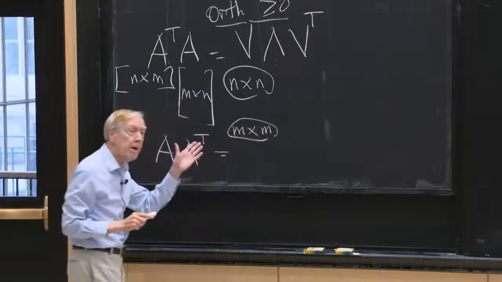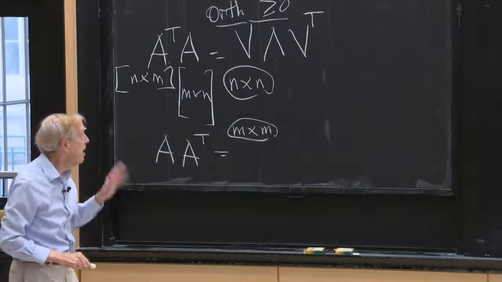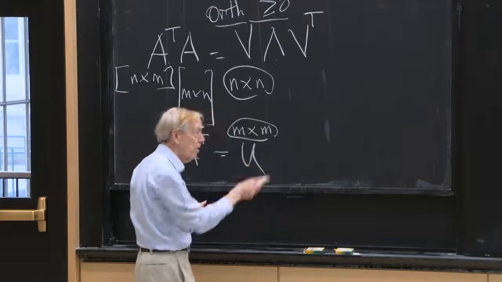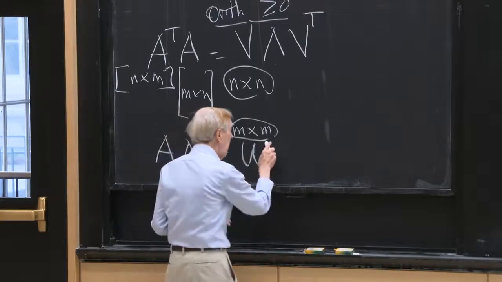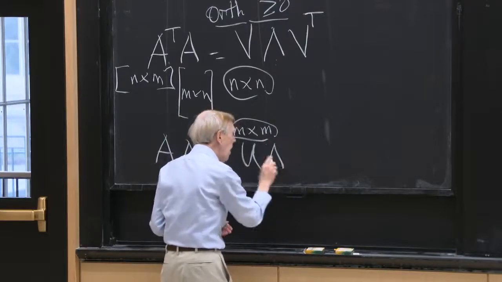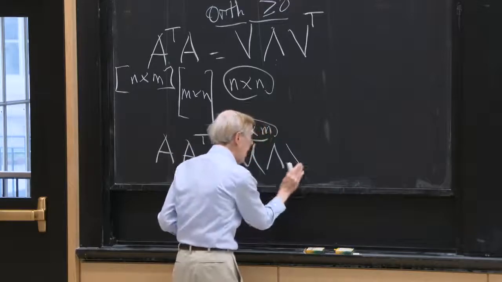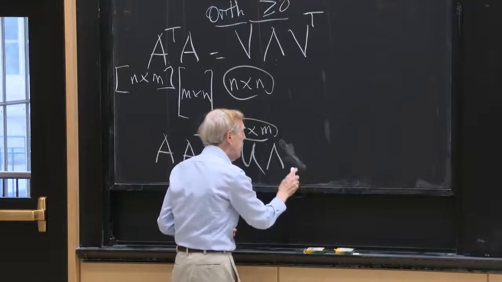But with the same eigenvalues. The same eigenvalues. So it's going to have some other eigenvectors, U, of course. I'm going to call them U because they're going to go in over there. They'll be the same. Well, when I say the same,